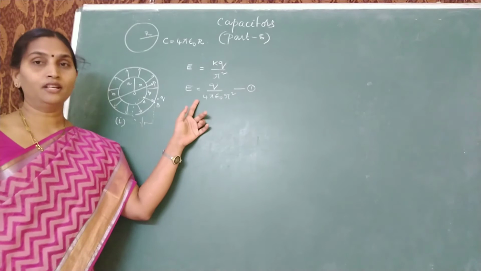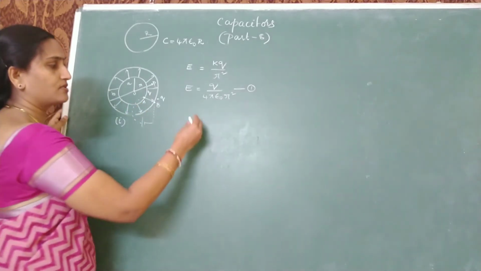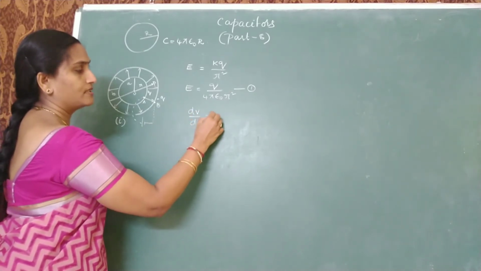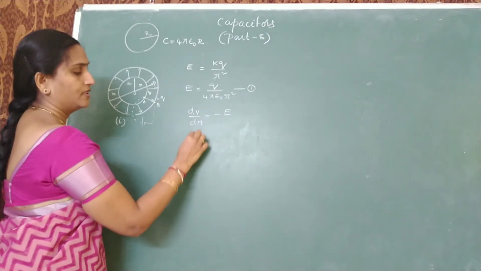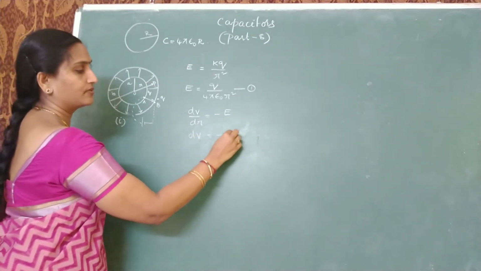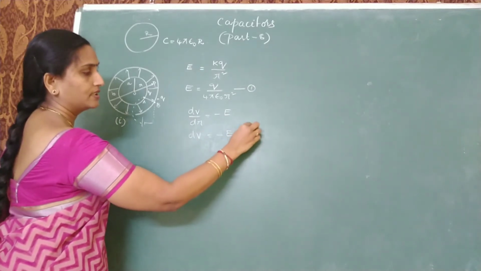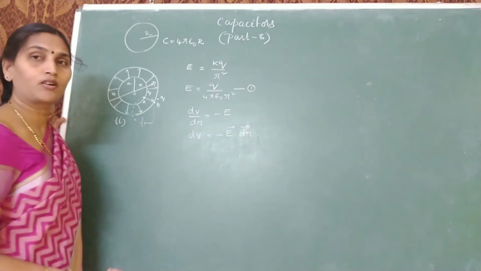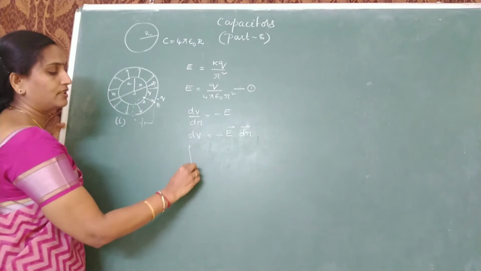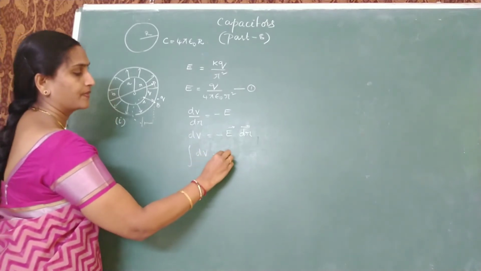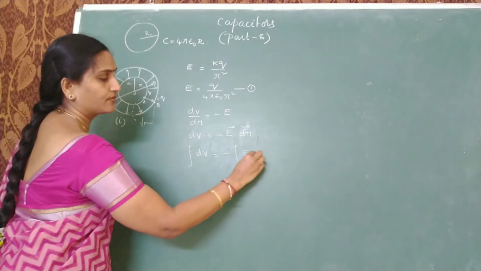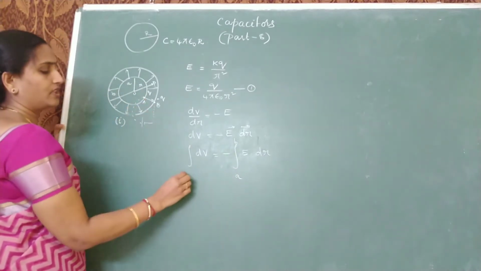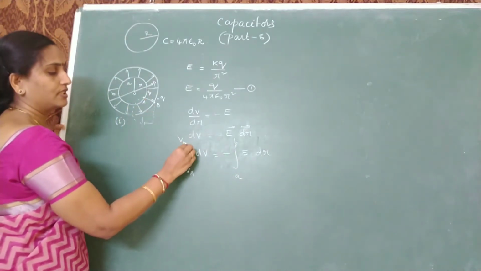And if you know the electric field, now we can find out the potential difference because we know the relation between field and potential difference. dV by dr is equal to minus of E. So I'll calculate dV as minus of E into dr, or E dot dr. Since electric field and displacement are in same direction, angle will be 0. Cos 0 is anyway equal to 1. So integrate the relation. Integral of dV is minus of integral of E into dr. Put the limits from A to B. At A we took the potential as VA and here it is VB.